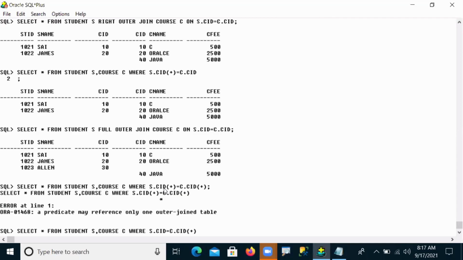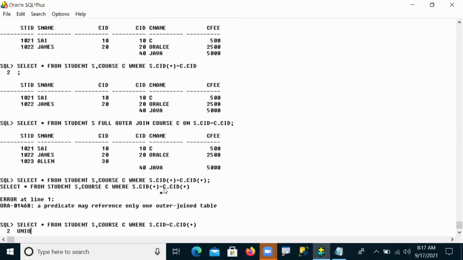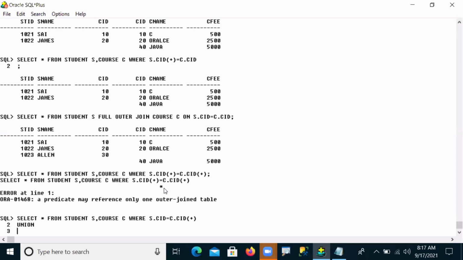Whenever we apply the join operator in the right side direction, that is called a left outer join in non-ANSI. Now in between these two, I'm using the union operator. And for the second one, in the left side direction, I will apply the join operator, then C.CID. So here only one side of the join operator is used, either left side or right side.